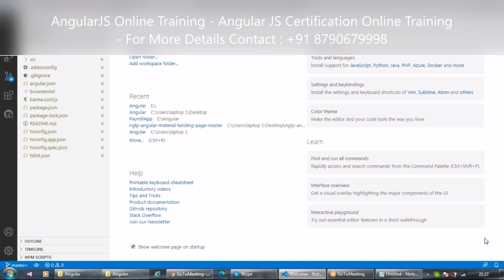Most of the organizations, projects and freelancers also prefer Angular. Because it is open source, and it is easy. It is not a heavy application, it is very lightweight as well.